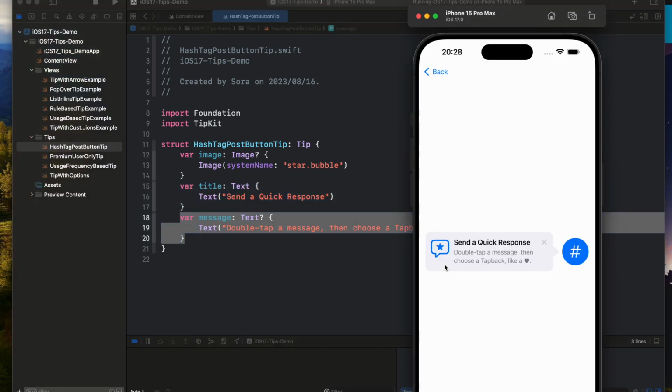This message is going to be displayed at the bottom of this title. And of course, we have an image, which could be an SF symbol image, which is displayed at the left of this tip or right, so it depends on the system